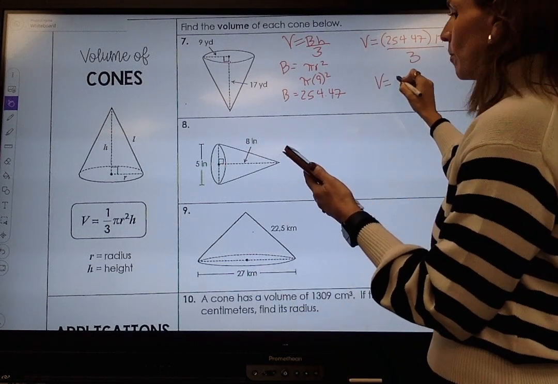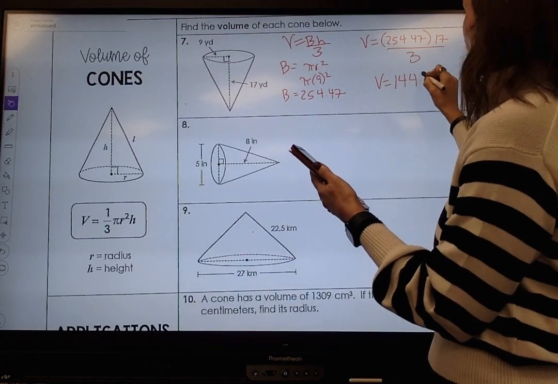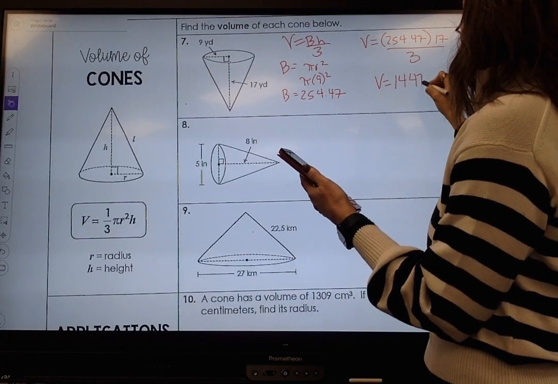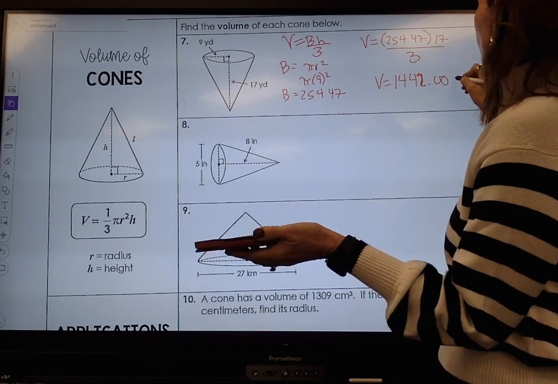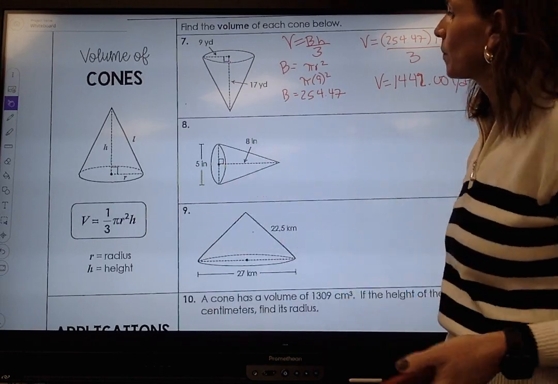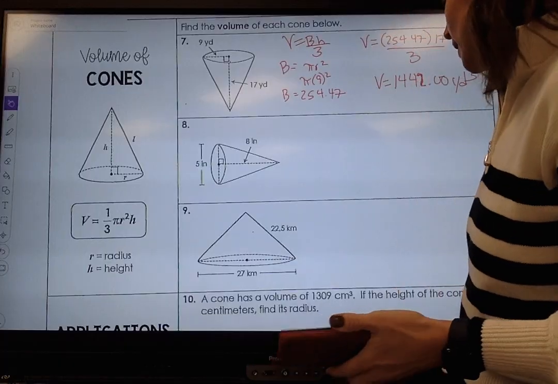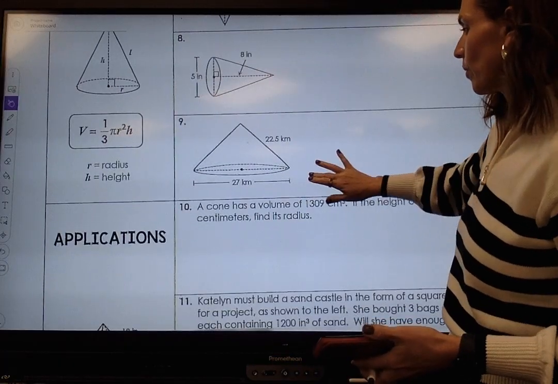And I get the volume as 1,441. Actually, it's going to round to 1,442 yards cubed. Okay? All right, let's take a look at number 9,